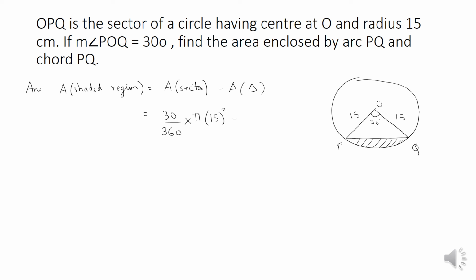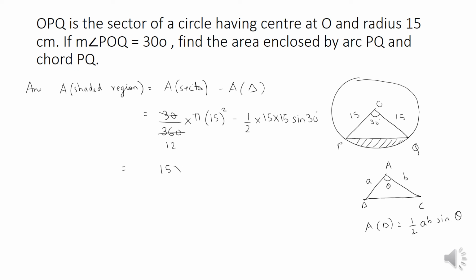Now see, for area of triangle, let us learn a new concept. If this is my triangle given to me, this is A, B, C, and I know this side is A, this side is B, then the area of triangle comes out to be half AB sine theta. This formula you are going to learn in 12th standard, but right now we can use it. So it will be half AB, that is radius of circle, and sine theta means sine 30. So it becomes 30 upon 360, 3 12s are 36.